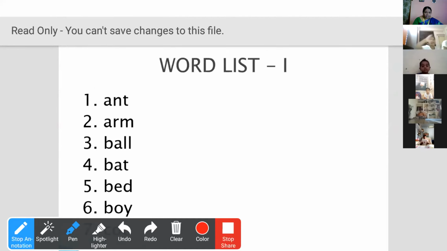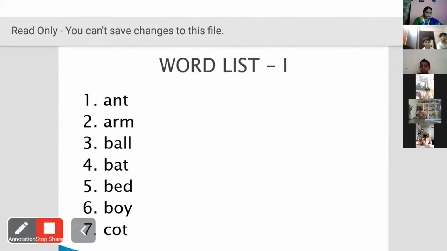When you see, first you will learn with phonics. Then as you see the word, you will learn. A-N-T, ant. Keep the letters in the mind and you will identify the letters quickly. A-N-T, ant. Arm. Ball, B-A-L-L, ball. All. Bat.